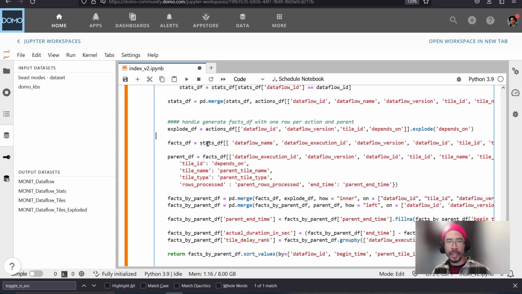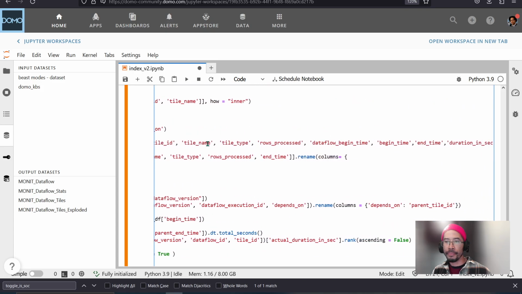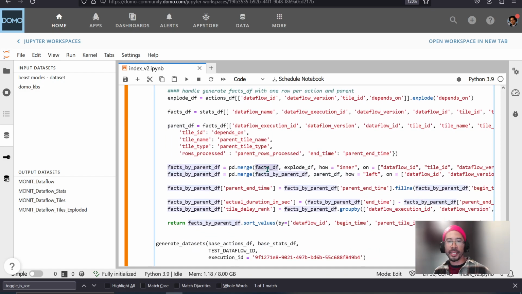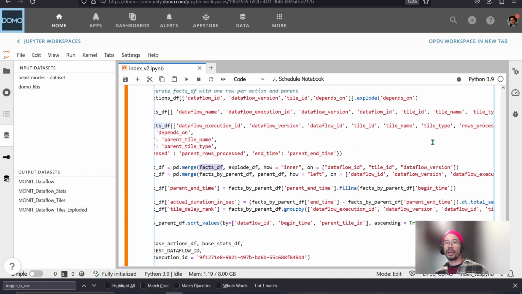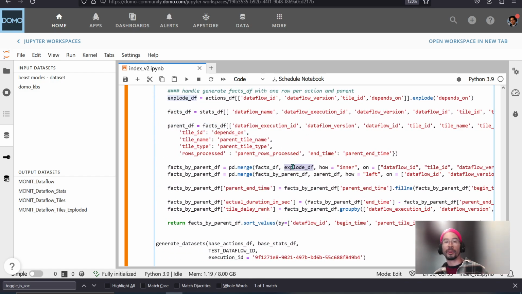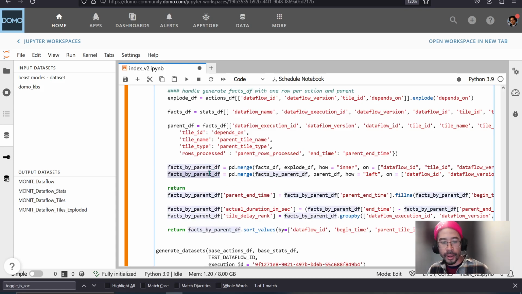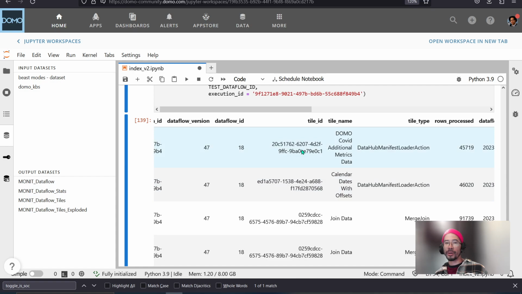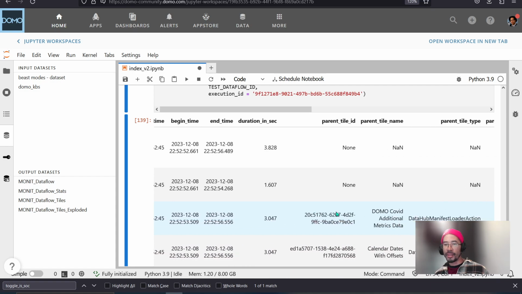And then take my explode information. Yeah, so here I can take my fact, the fact being information about the tile execution event, including the data flow begin time, end time, and duration, and join it to my explode, right? One row per parent, and I can add in the parent stats. So let me just really quickly return facts by parent data frame. So here I have same thing again, right? I have one row per data flow version, and if the tile had multiple parents, like this guy here, I can see, okay, join data had 2 parents, and those parents were